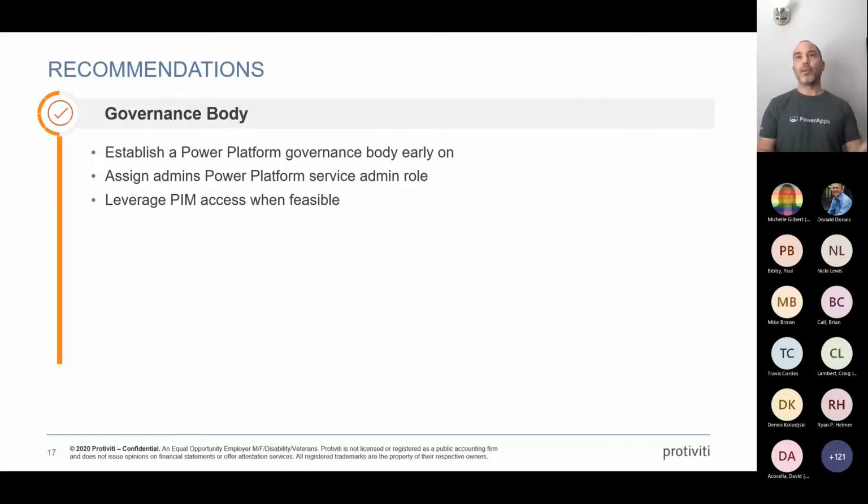So what happens is with PIM, you would log on to Azure and you say, okay, I'm now requesting to get Power Platform Service Admin role access. So I want to be promoted from a regular user, or let's say I'm in the IT department, I want to be promoted to a Power Platform admin. And so what happens is I put in the request, there will be somebody on the other end who's going to receive the request, they will approve it, and depending on what that